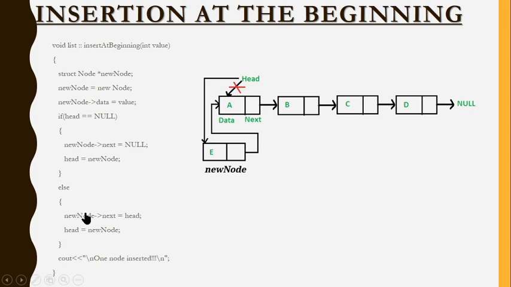Remember these codes are quite tricky. It might be quite confusing, something new for you. I do understand. Please repeat this video once again if you don't understand what I said. Play it again and again. You can understand how we have to link one by one in each and every node. And don't worry about it, even though we are going to see more codes related to this, you'll get familiarized with all these kind of codes. So once you're done with that, you just use a cout statement, one node inserted. So this is how you insert any node at the beginning of the existing linked list.